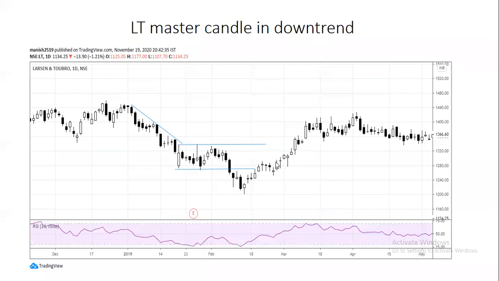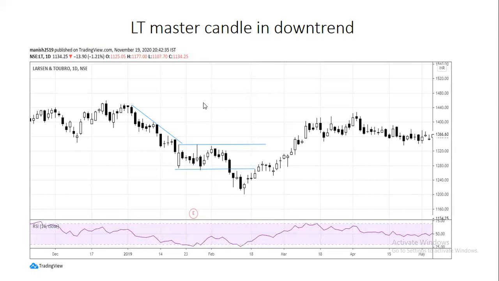So guys, this was all about master candle setup. Very easy setup, very easy to learn, easy to implement in live market. I like to summarize all important points for you. So if you wish to practice this setup in index or in stocks in intraday, two things you need to remember. Point number 1, look for healthy consolidation. From morning till 2 p.m., if price is moving inside master candle, breakout, breakdown will work very well.